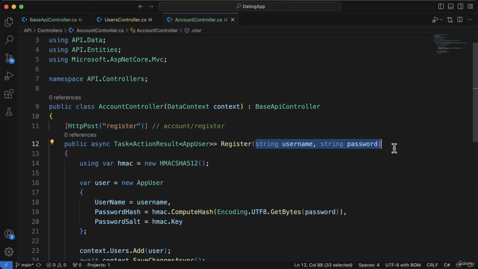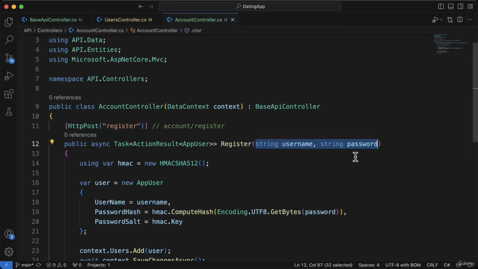We can use HTTP headers. We can use the body of the HTTP request. We can also use query string parameters. And depending on the type of information or the types that are stored in here, then the ApiController attribute is going to automatically bind to the parameters, and we're going to take a look at an example of that